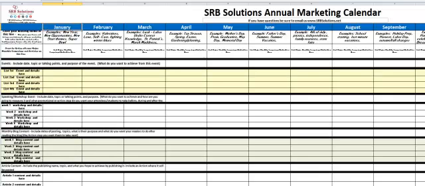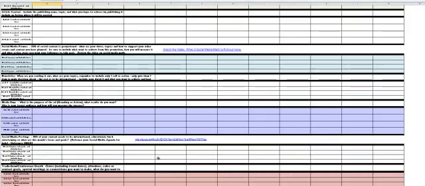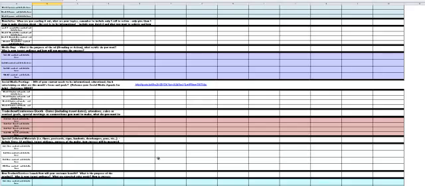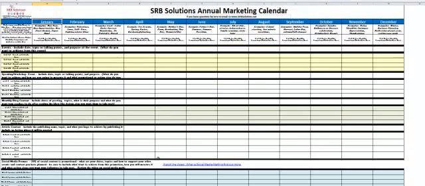So this tutorial is to help you best populate this, because I know that when some people look at this and they open it up, and here I have it shrunken down so that you can see it, it is a January through December annual marketing calendar, and there's a lot of blank spaces. I get that. So we're making this tutorial to make it a little bit easier for you, and know that not all spaces on here have to be populated, but I'm going to give you some quick hints on how to make this